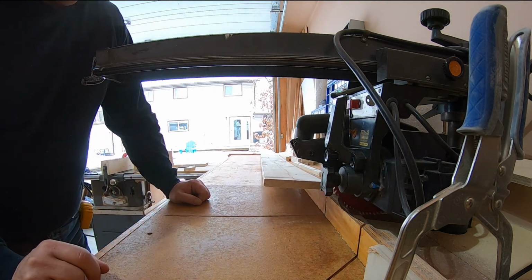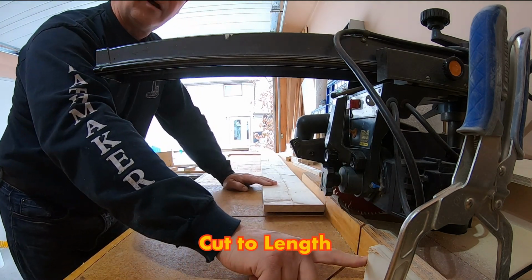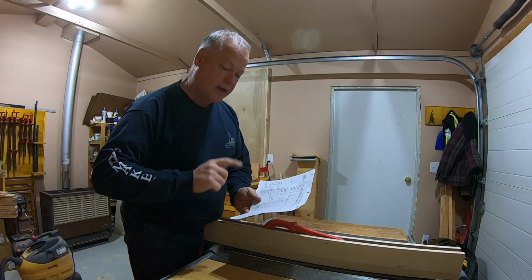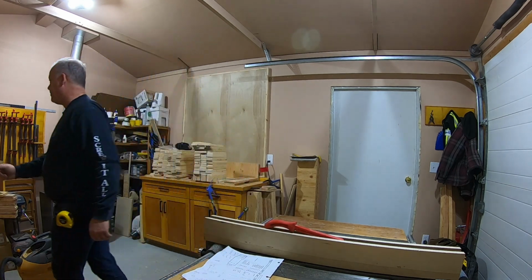Now what we'll do is we will rip this thing. I've got my saw stop set. We'll go ahead and we'll rip this thing all the way down. Having our calculations done and knowing exactly what pieces we had to cut, now that we cut our board to length,